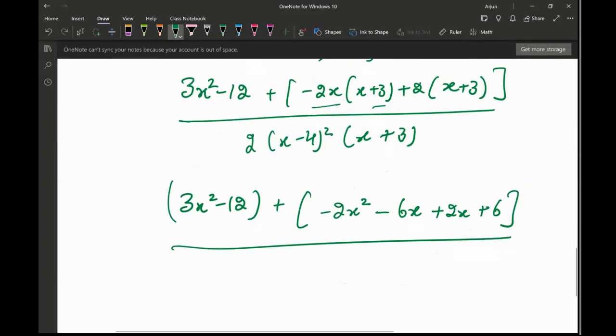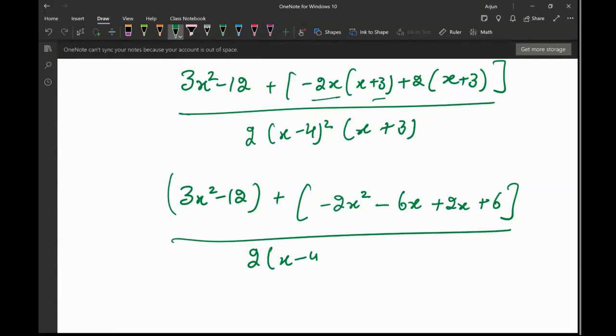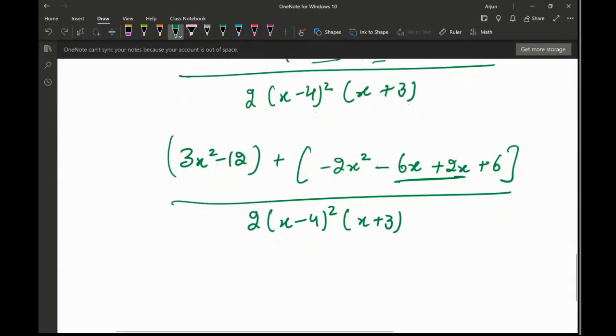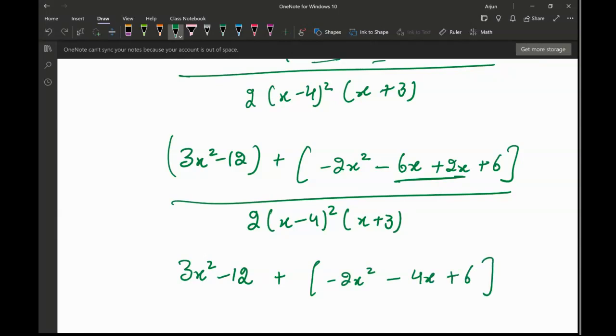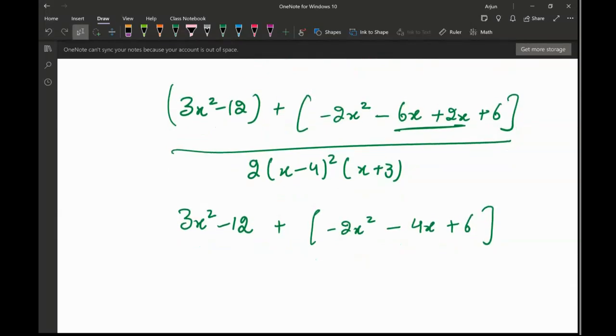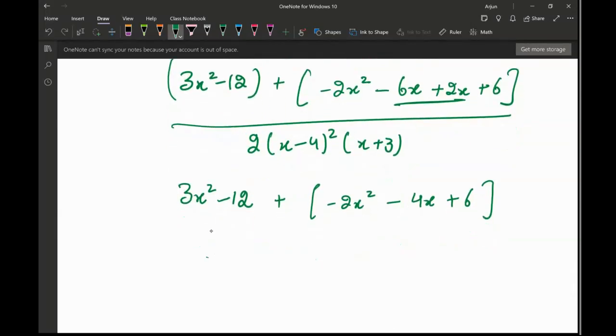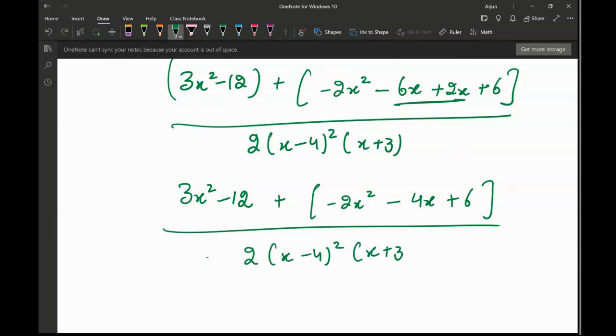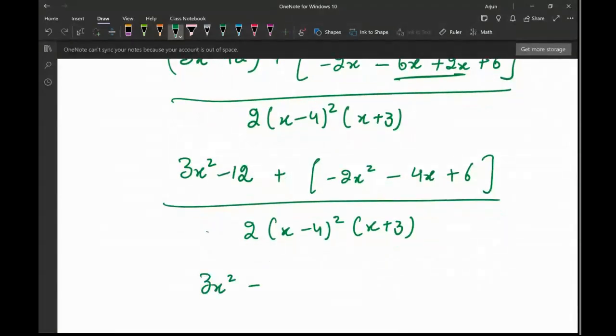Oh boy, this is a lengthy question. I didn't think this was going to go that lengthy. Anyhow, x plus 3, and then I can combine the like terms here. 3x square minus 12 plus minus 2x square minus 4x plus 6. And now I can drop the brackets. On the bottom it will be like this, x minus 4 square, x plus 3, and then 3x square minus 12 minus 2x square minus 4x plus 6, and then I will